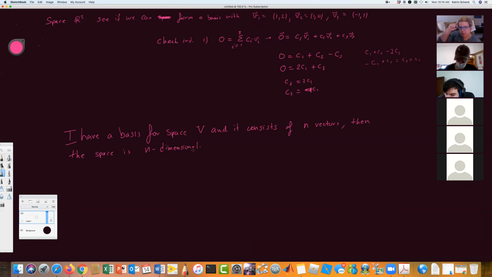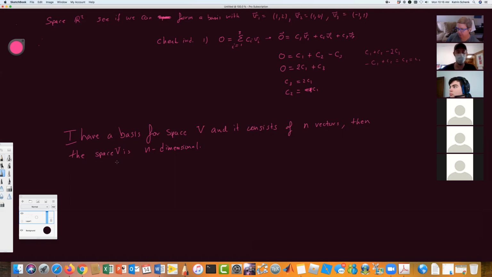Okay, so think about it this way. When I say I have a basis, right? I have n vectors that make up the basis. Those n vectors already have to be linearly independent, right? And they have to span. So I'm already saying that they do. If they form a basis for V, then the space V is n-dimensional. So if you know how many basis vectors you have in your space, you know the dimension. Now that probably seems a little trivial, right? Because you're like, well, yeah, I know I have 3 basis vectors in R3 and 2 basis vectors in R2, so what, big deal. But it actually is quite